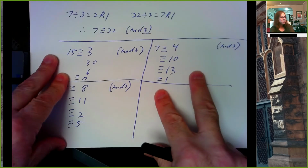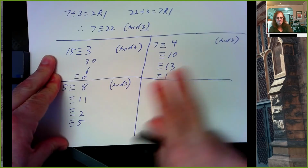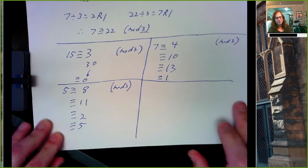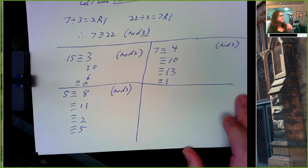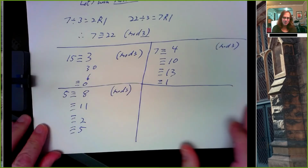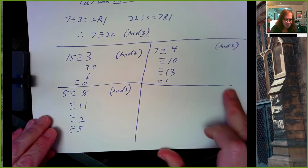Alright, so is this okay so far? Just thinking modulo 3, looking at some positive numbers here. We could throw in some negative numbers, but I'm not going to do that. We'll do some negatives later, but we can do plenty with just positives. So these are just the remainders when you divide by 3. And you notice some things about this. First of all,